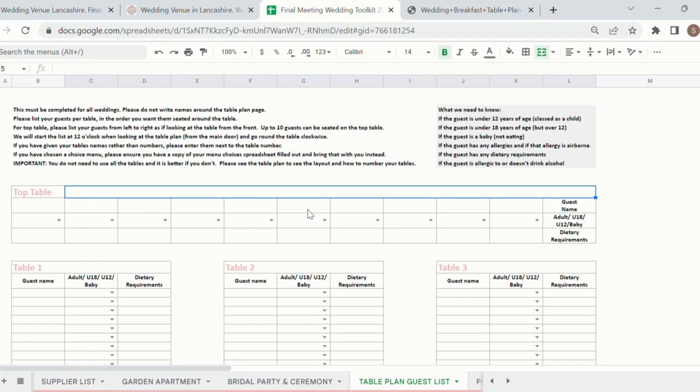So when filling in the top table, we fill it in as if we are stood at the front of it, looking directly at it with everyone sat behind. So you can imagine this is the big long table, everyone's sat here and you're looking at it from the front. So usually you've got bride and groom in the middle with parents or best men and bridesmaids at either side, however your